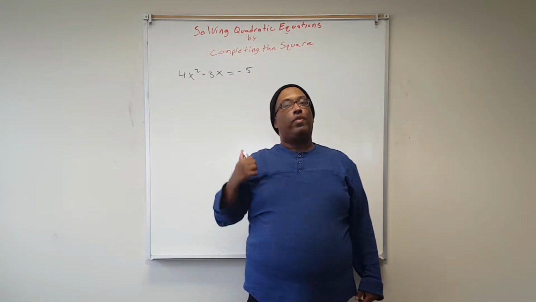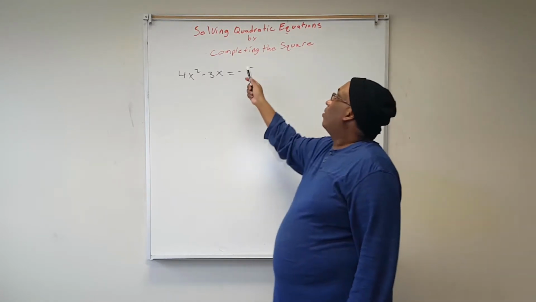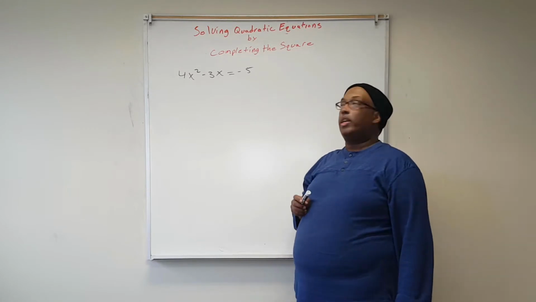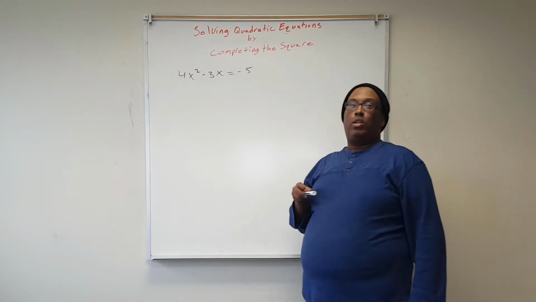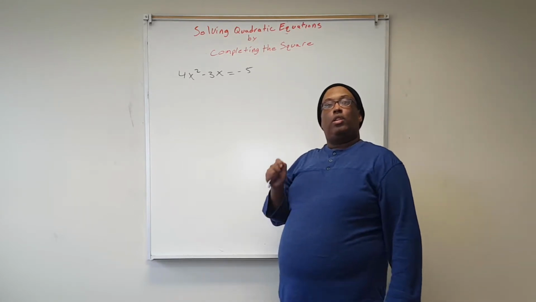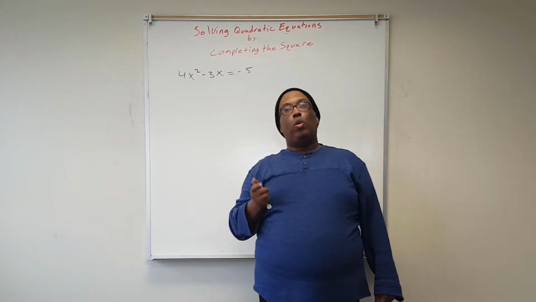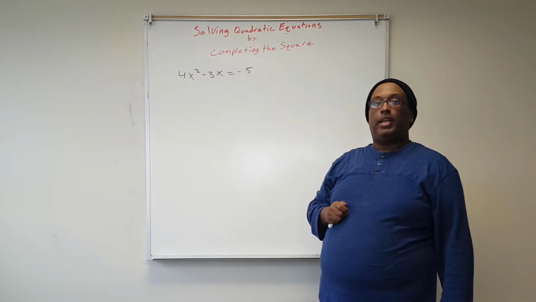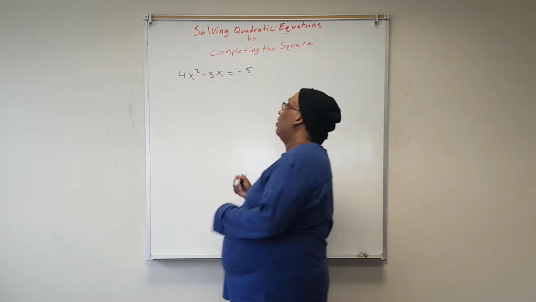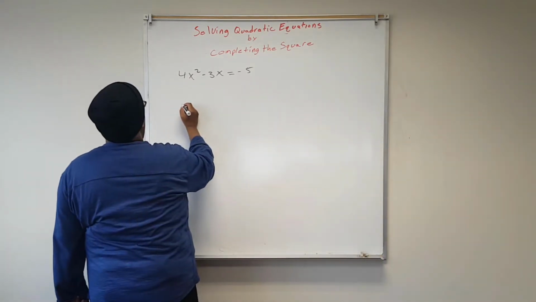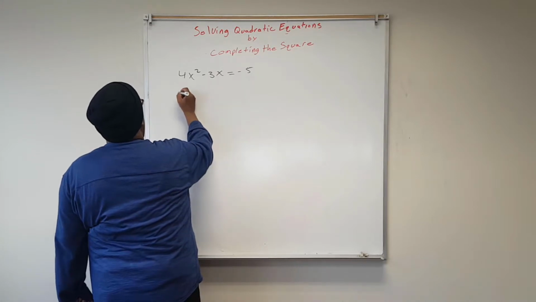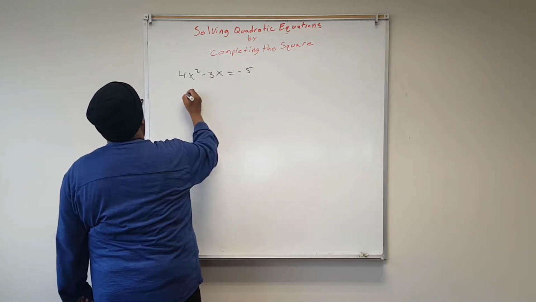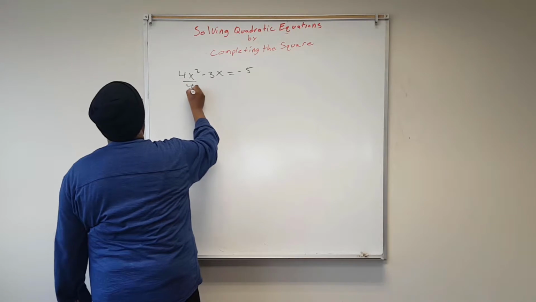Okay, we're back with a new example. We're still solving by completing the square. But remember I said when you're completing the square, the leading coefficient should be 1. In this case, it's not. So we need to divide by that leading coefficient first. So if I divide everything by that, so I divide everything by 4,